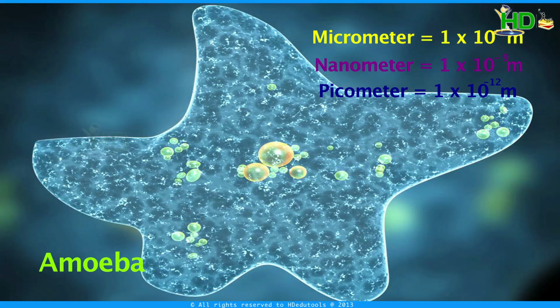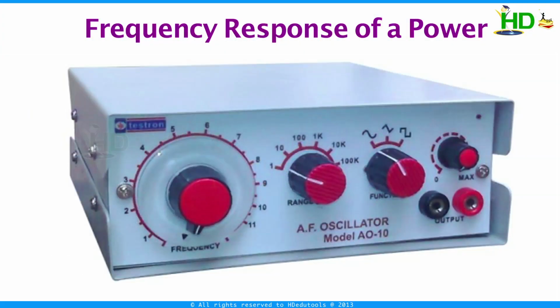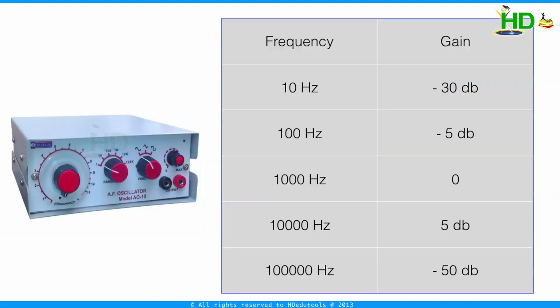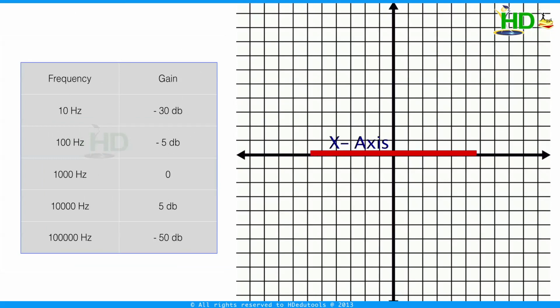While doing problems in physics, I have another problem. I studied about the frequency response of a power, a power changing with multiples of frequency. Say at 100 Hz, I am getting some response. At 1000 Hz, I am getting another response. At 10,000 Hz, I am getting another response. If I want to draw all these responses, I have to represent along the x-axis ranging from 1 to 1 lakh.